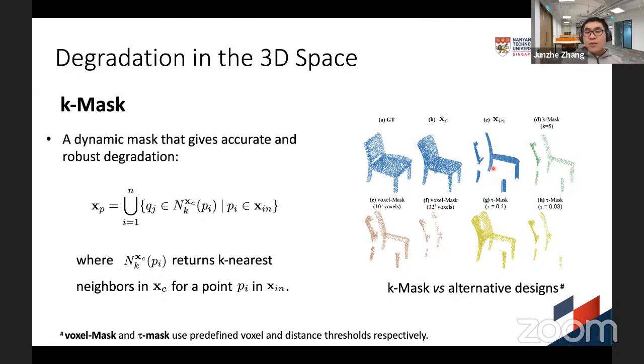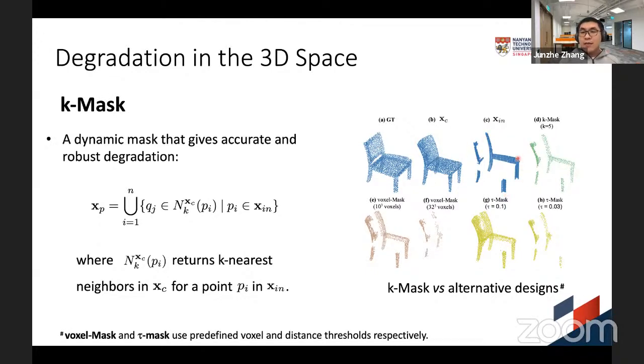So let's again go back to the 2D level image inpainting. Every pixel is aligned to its corresponding coordinates. Okay, and we can extend from 2D to 3D scenario. So in 2D we have pixel, and then in 3D we have voxel. For example, if we have a voxel with resolution of 32 times 32 times 32 for all these 3 dimensions, right? And for the X input, we voxelize